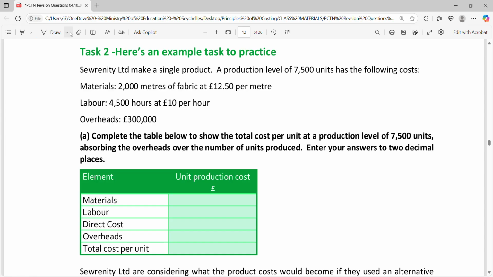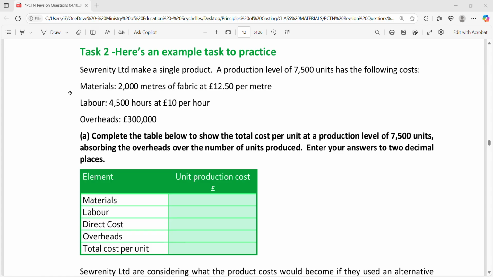I told you, when you are answering this question, what the question is asking you is to calculate the total cost per unit when the level of production is at 7,500 units. So for you to answer this question, you must first calculate the total cost of producing the 7,500 units, and then you divide by 7,500 to get a cost per unit for materials, labor, and overheads. Okay, so I'm gonna work this one on this Excel sheet,